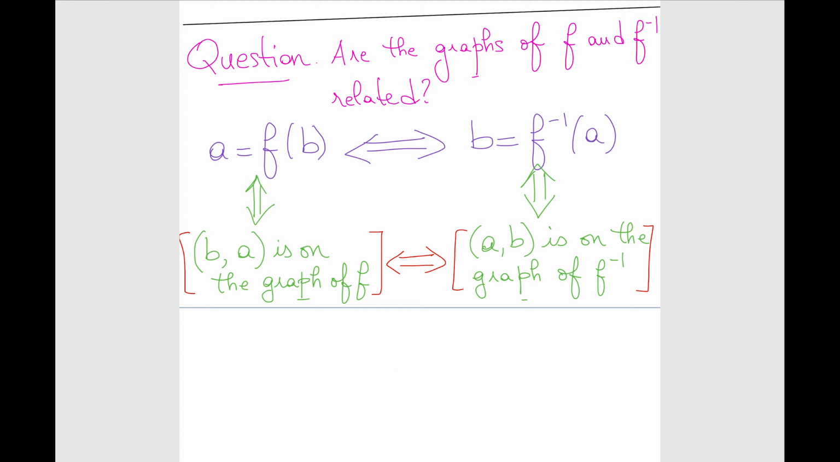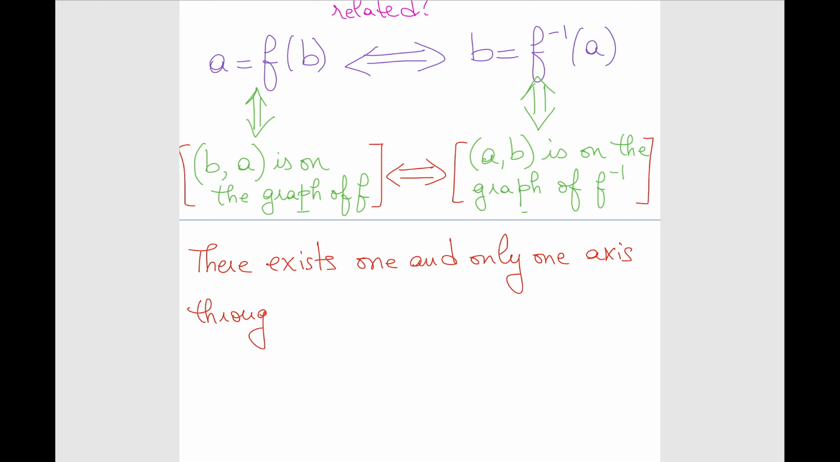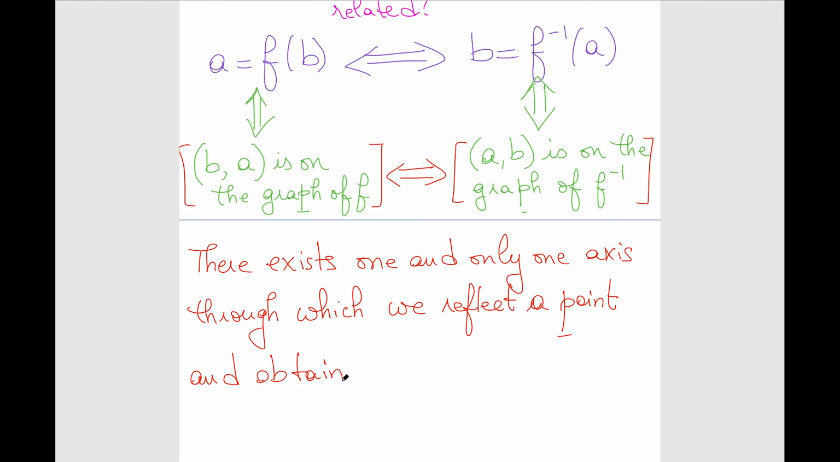Let me write that. So there exists one and only one axis through which we reflect a point and obtain a point whose coordinates are swapped. And look,